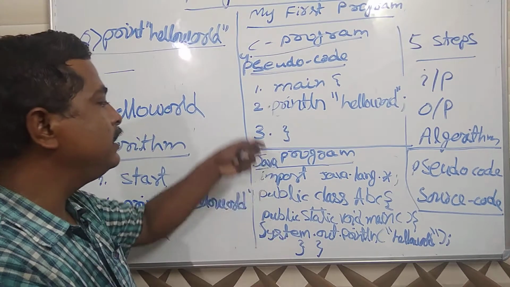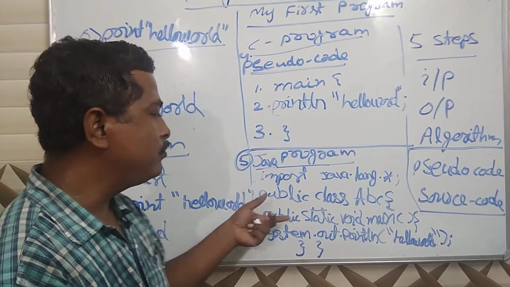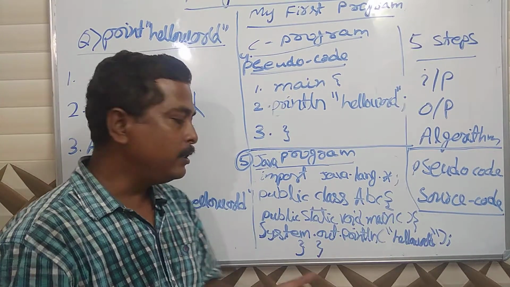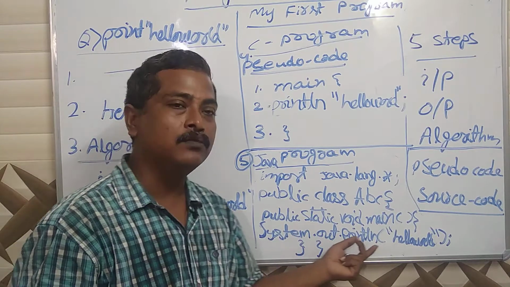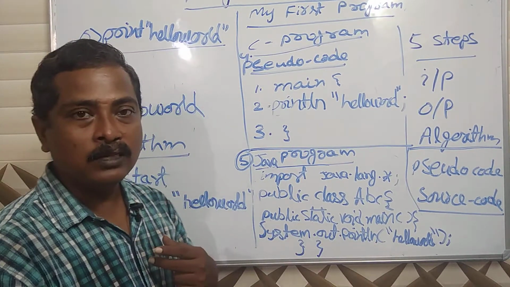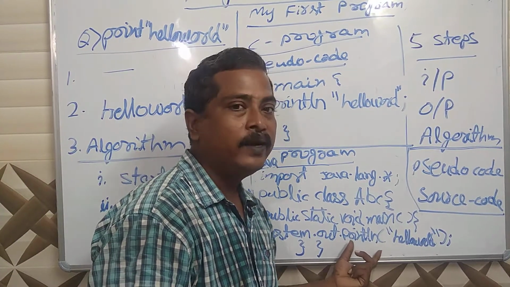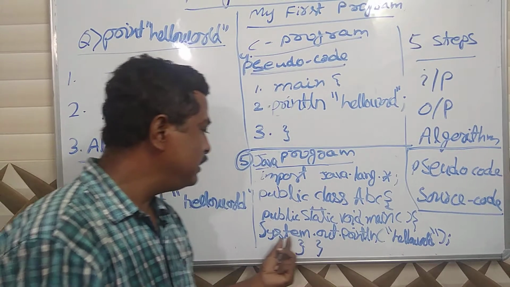Just initially you put the formats in your mind. Java program, yes, I have to start like this. For print in Java, I have to write system.out.println. Okay. When you will be entering into that, after 20-30 programs, gradually you will know why it is written and what are the each and every part.